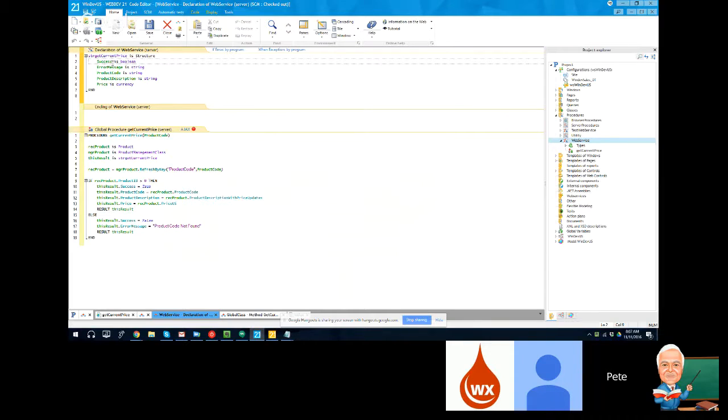So that's our structure. Next, we create a procedure, and I'm calling this procedure get current price. It takes one parameter, the product code. The rest of all this code,